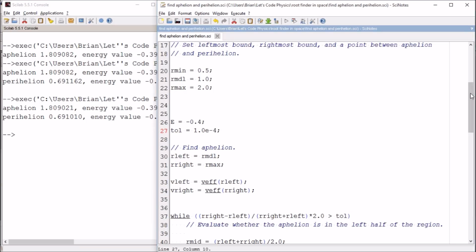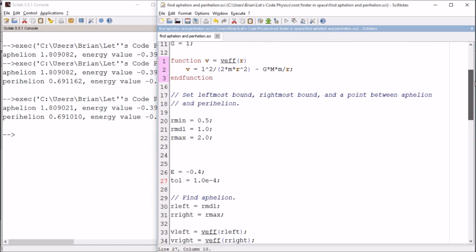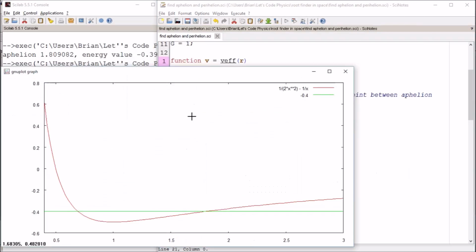So we are on our way to a nearly complete solver. The only issue we've got now is that I'm having to specify these 3 points. What it would be really nice to do would be if I could set this to be something ridiculously low, this to be something ridiculously high, and not have to specify something in the middle. What if I can't get a very accurate graph, or what if I can't read it off of a graph? What we're going to do next time is add in another part to the code that finds this minimum. Once we can find the minimum, then that can be our middle value, because obviously this is going to be between the